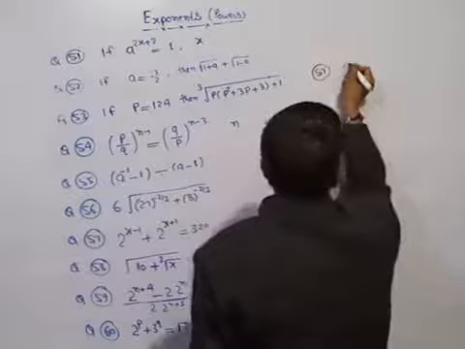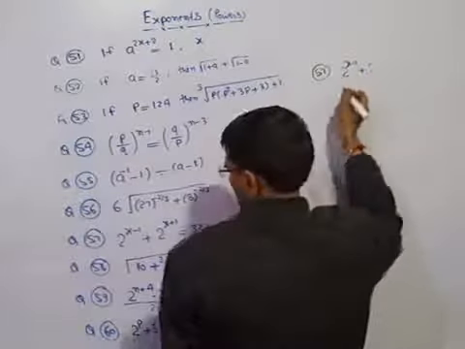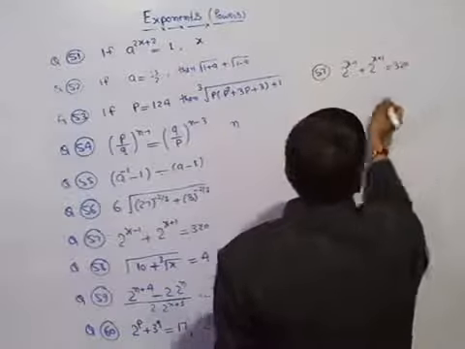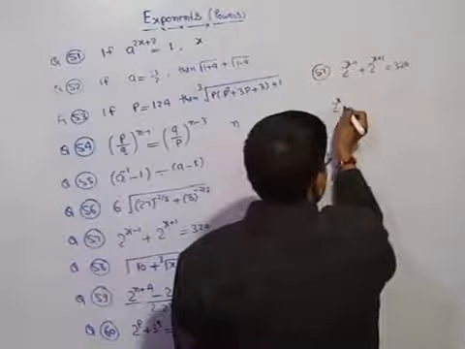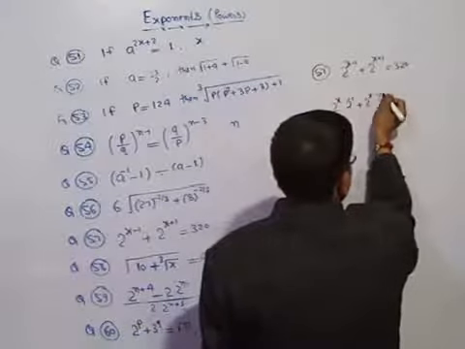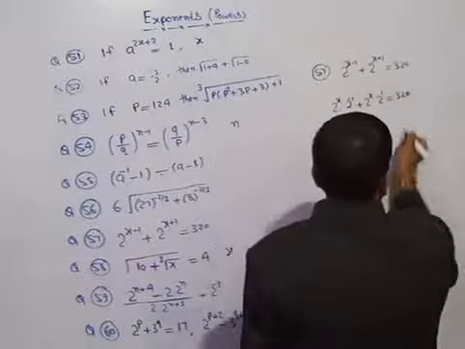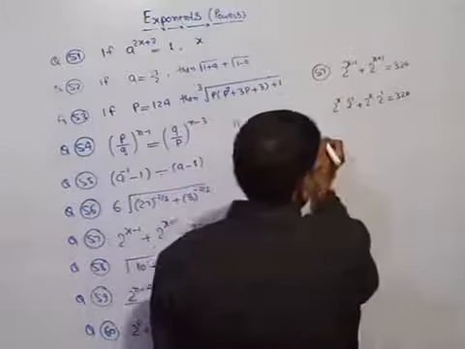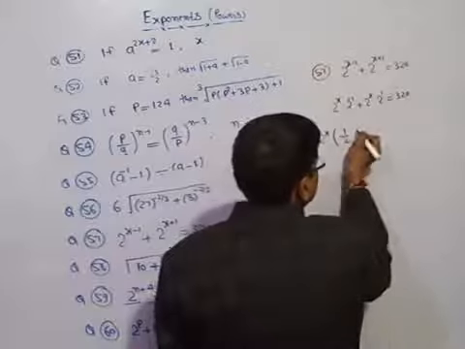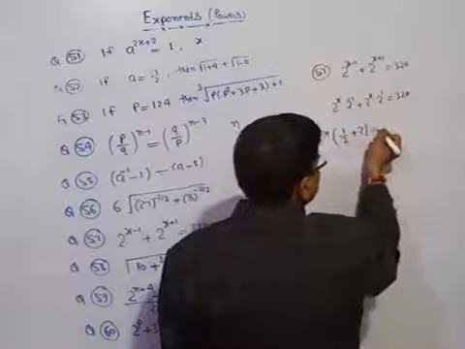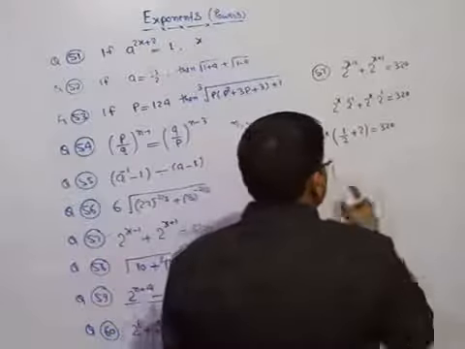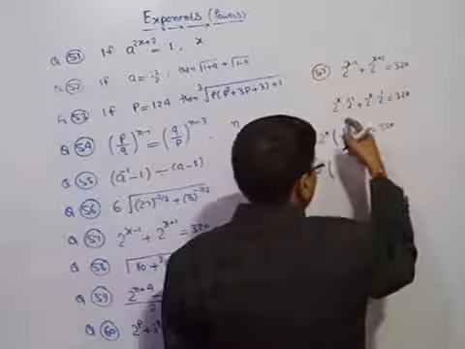2 to the power x minus 1 plus 2 to the power x plus 1 equals 320. We can write this step as 2 to the power x times 2 to the power minus 1, plus 2 to the power x times 2 to the power 1, equal to 320. We can take 2 to the power x common. Now we can write (1/2 + 2) equals 4 plus 1, that is 5 by 2,